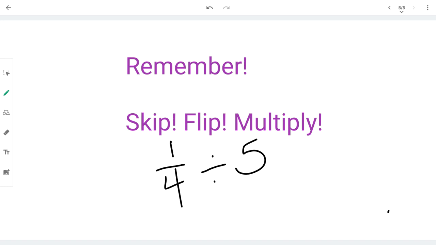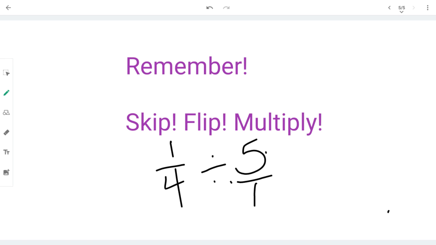It's always going to be whatever it was before. 1/4 should always be in front for this particular problem. Skip the first number, flip the other number. So 5, that's really 5 wholes. We just don't write it that way. So we're going to flip it,